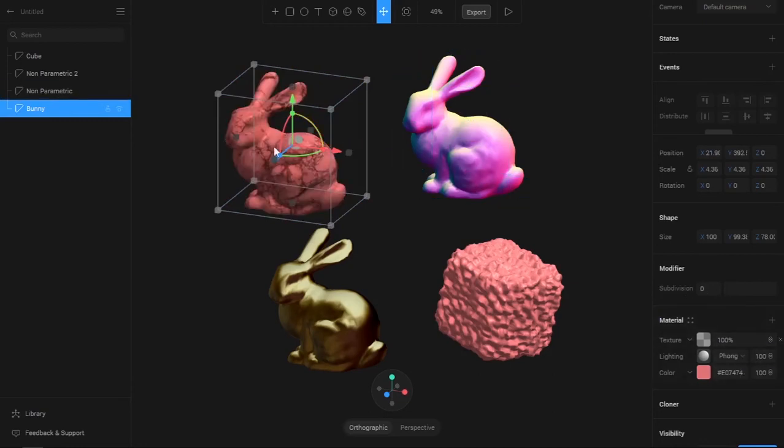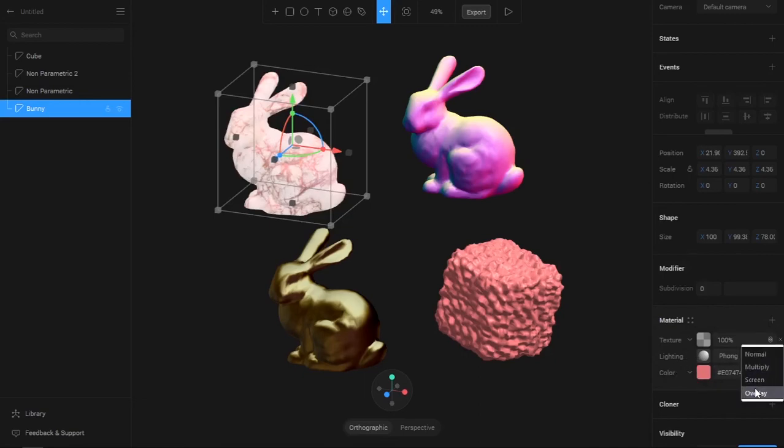If you hit multiply, all the whites will be combined with the color you have, and the blacks will be shown. If you apply screen, you can see that the whites will be appearing and the blacks will be gone and merged with the color. And if we apply overlay, you can see that black and white both mix with the base color, and it will give this look.